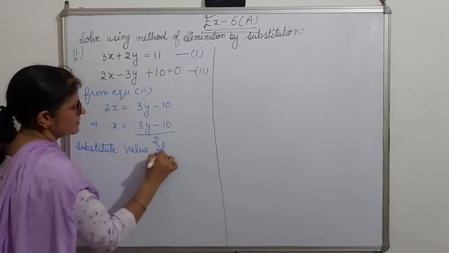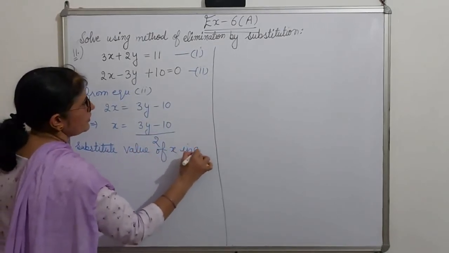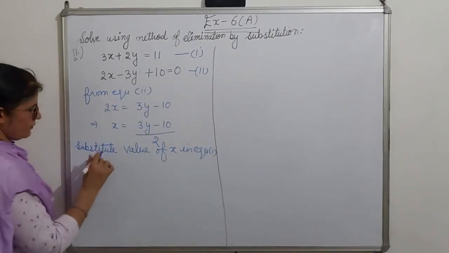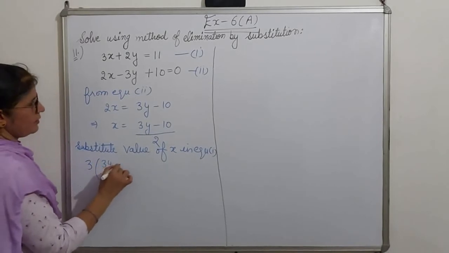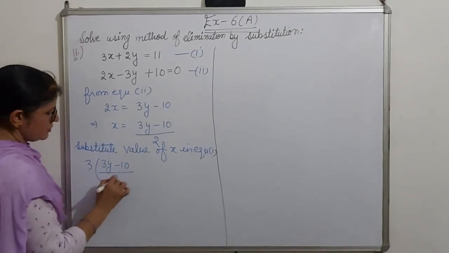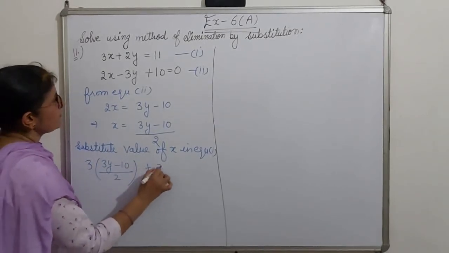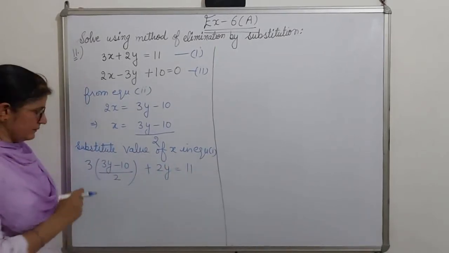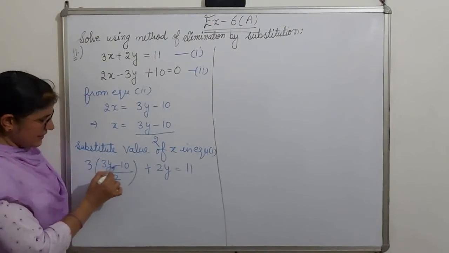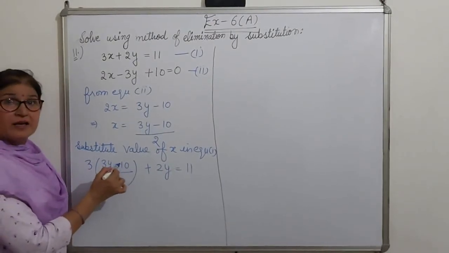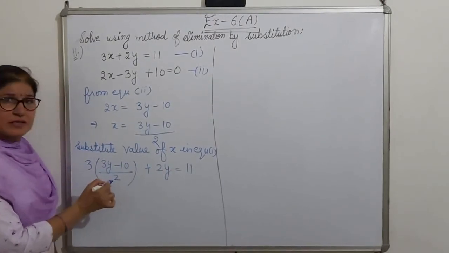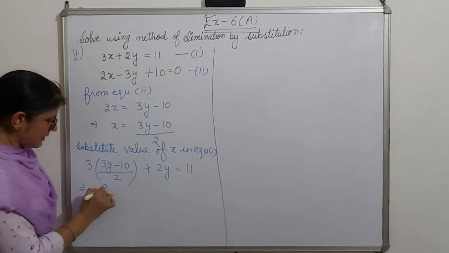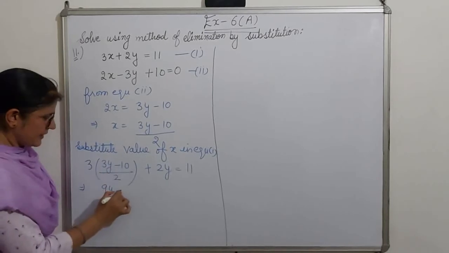Value of x in the first equation: 3 into (3y minus 10) over 2 plus 2y is equal to 11. This 3 will be multiplied with both the terms, only the numerator. Don't multiply 3 with the 2. So what will we get? 3 threes are 9,